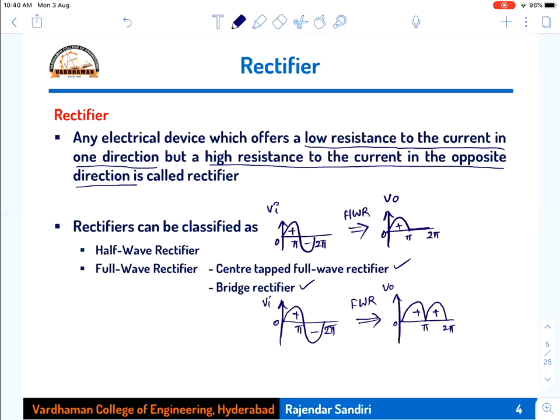Okay, so these are all the classifications of rectifiers: half wave rectifier and full wave rectifier. Full wave rectifier has a center tapped full wave rectifier and a bridge rectifier. Center tapped full wave rectifier will have a center tapped transformer. Center tapped transformer means